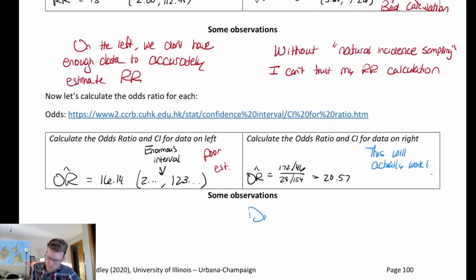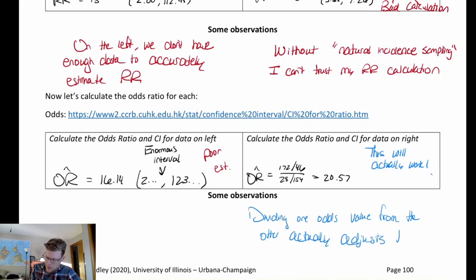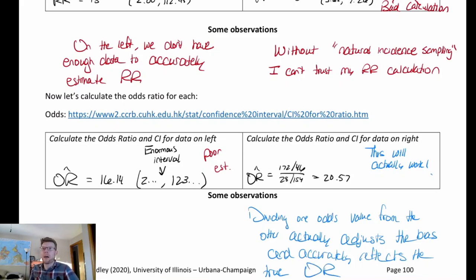Dividing one odds value from the other actually adjusts the bias, or you could also call it the inflation, and accurately reflects the true odds ratio. And something else that I'll point to here, notice that this value, 20.57, is